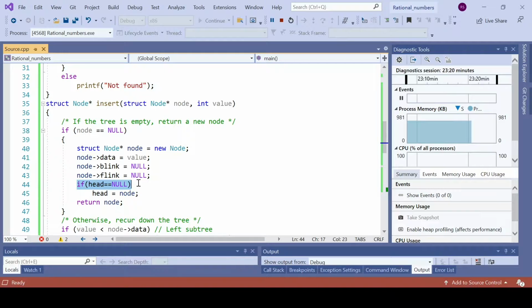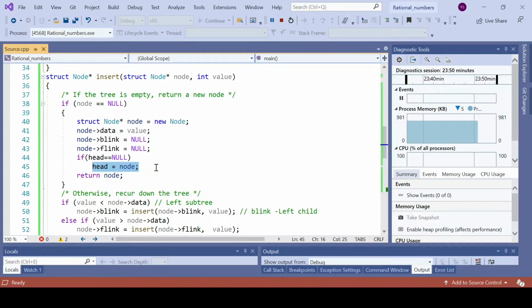After that it checks whether the head is null, and here the condition is true right now because the head is indeed null, so it will run this statement also. But this statement will not be executed afterwards. Only the first time of execution this statement will get executed, because in the subsequent executions the head won't be null. It's a one time execution, and then it will end. So we would have successfully inserted the first node into the binary search tree without needing any comparison.